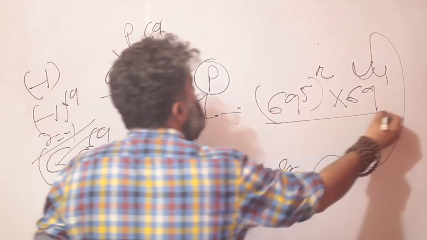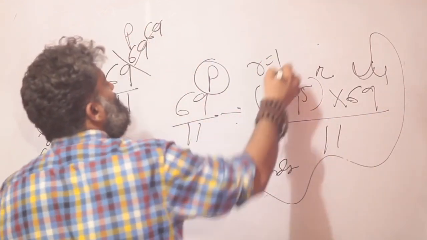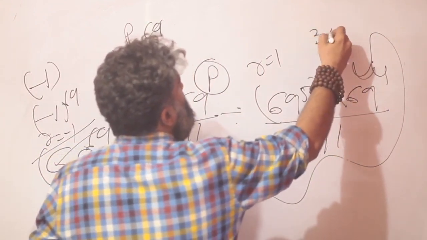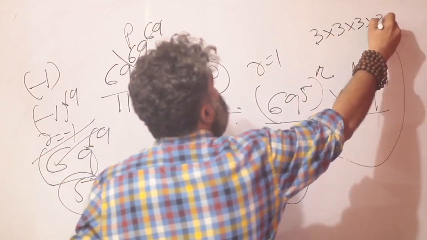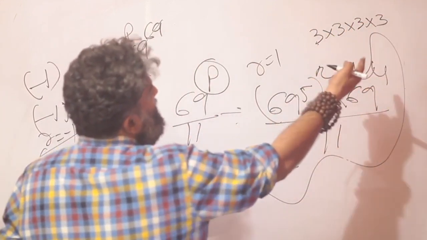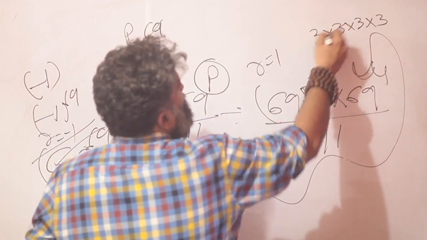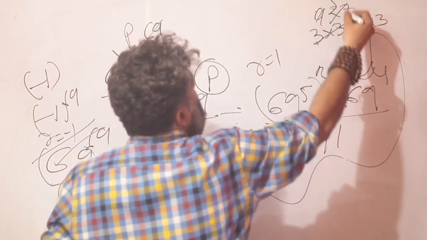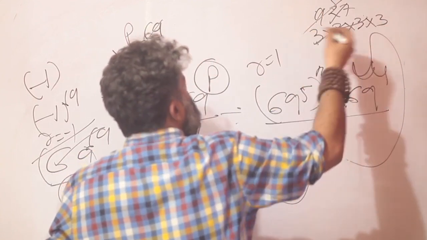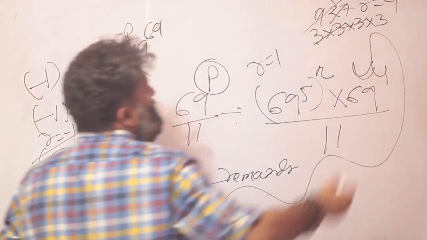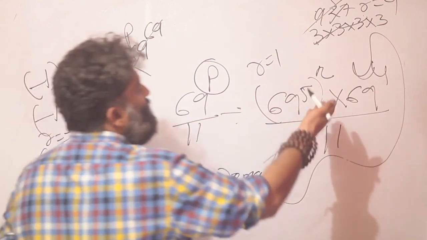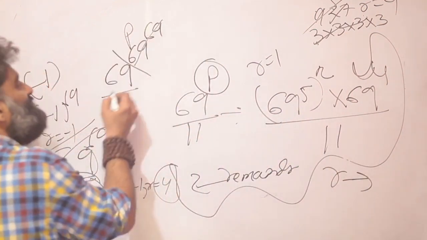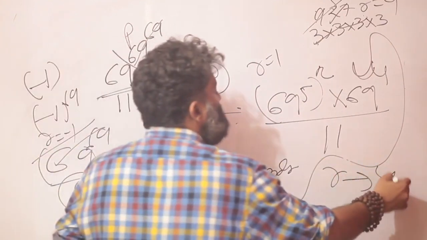Now the question is, this divided by 11, you know the remainder is 1, and for this 69, you want to find 3 into 3 into 3 into 3, right? Because each 69 gave you a remainder of 3. So 9 3s are 27, which means a remainder of 5, 5 3s are 15, divided by 11, remainder of 4. So finally my answer for the original question is going to be 4.